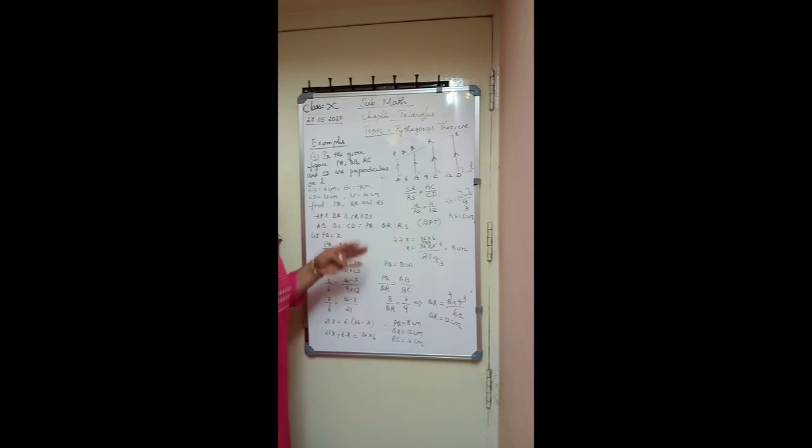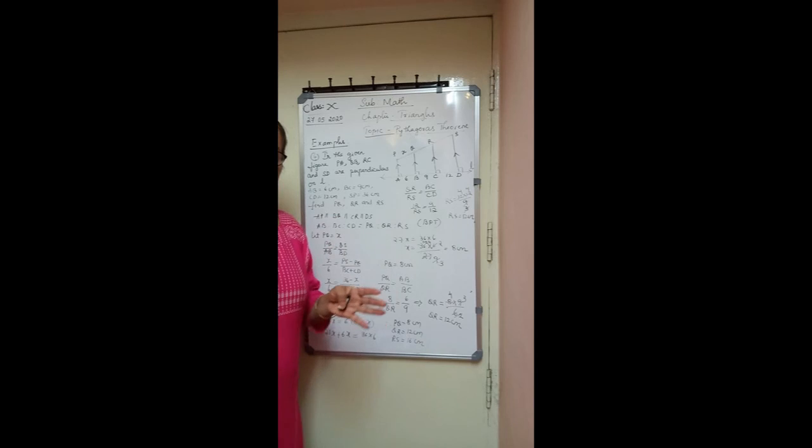So here we used basic proportionality theorem. So using this also we can find the sides. Okay. So here we completed this chapter, that's the Pythagoras theorem. In the next class, a few more examples I am going to solve related to Pythagoras theorem. Okay. Today we learned Pythagoras theorem.